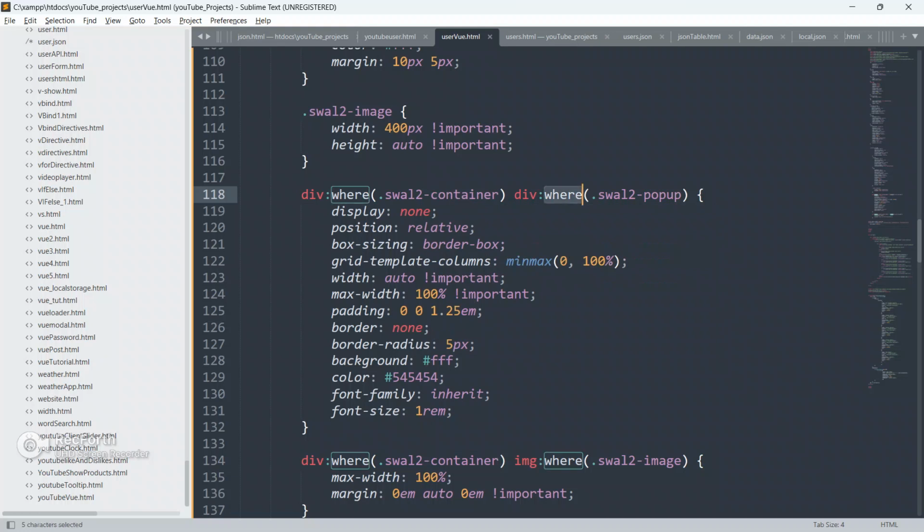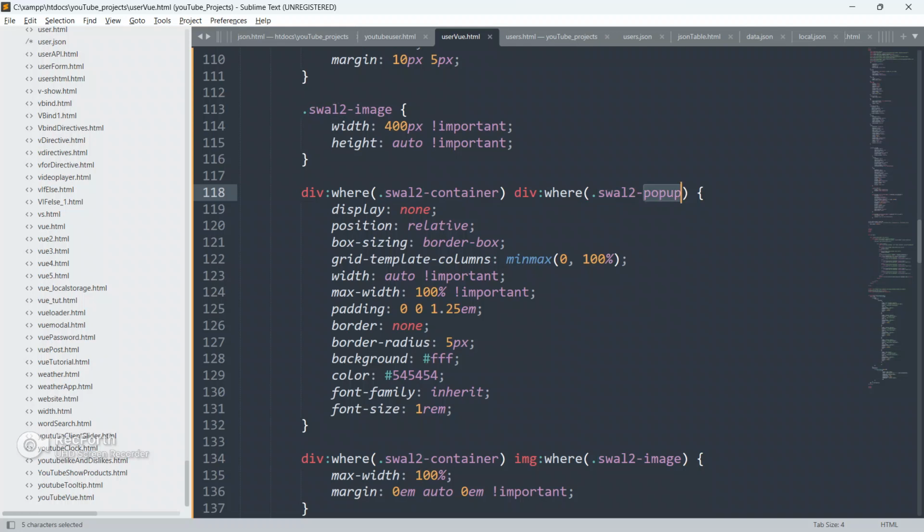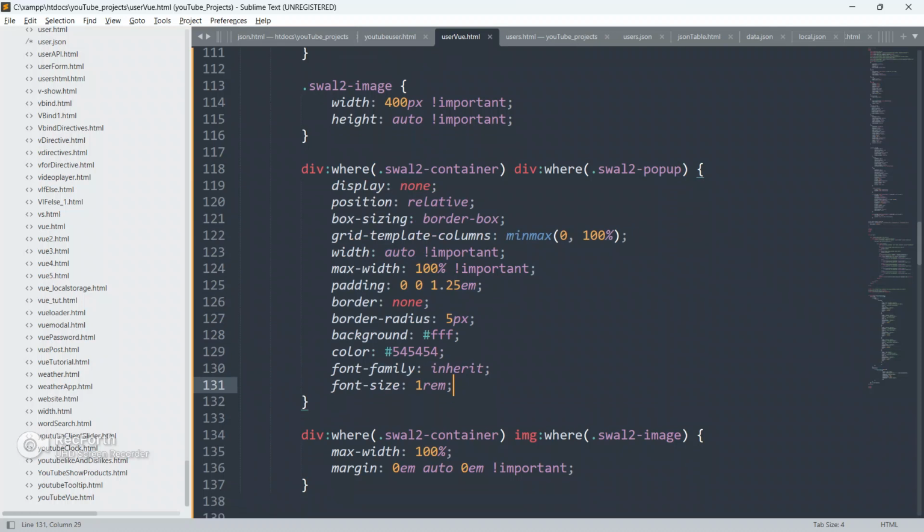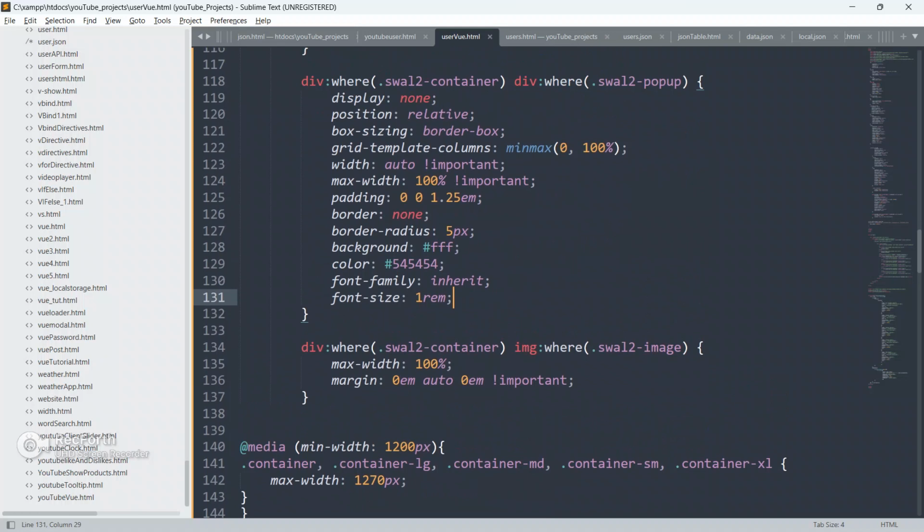Okay, so Sweet Alert 2 contains div where Sweet Alert 2 equal to swal2-popup. Okay, so it will be applied all the classes there.